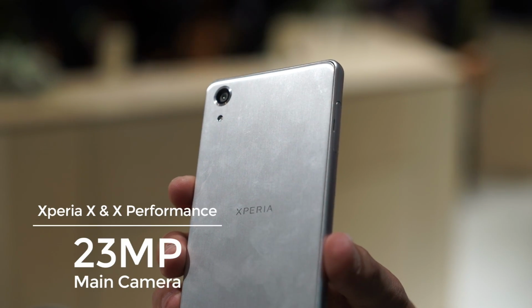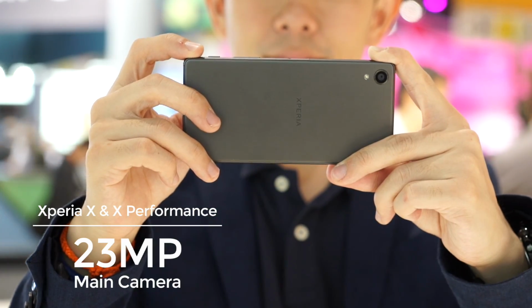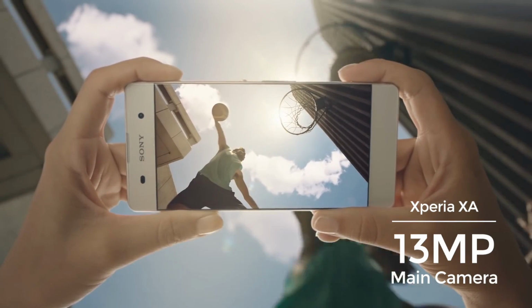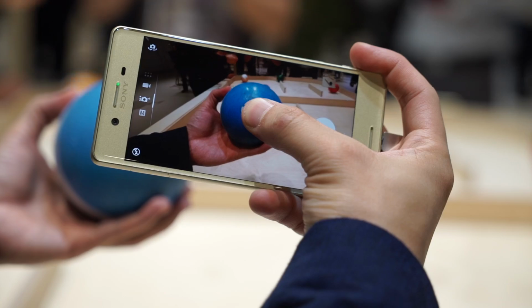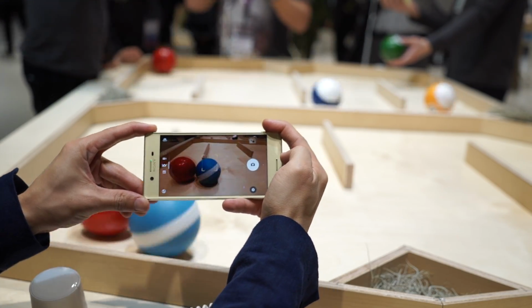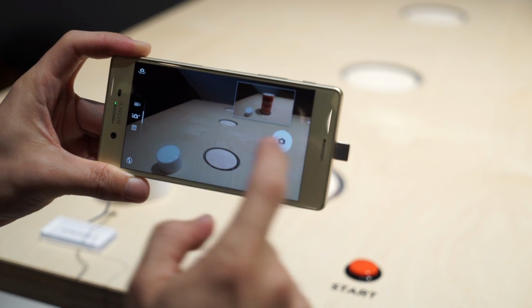Just like the Z5, the Xperia X and X Performance get a 23 megapixel main camera, while the entry-level Xperia XA gets a 13 megapixel main shooter. Sony's added a feature called Predictive Hybrid Autofocus that tracks a moving subject, locking focus even while it moves in and out of frame. The new camera is one of the fastest in the market today, launching and capturing moments